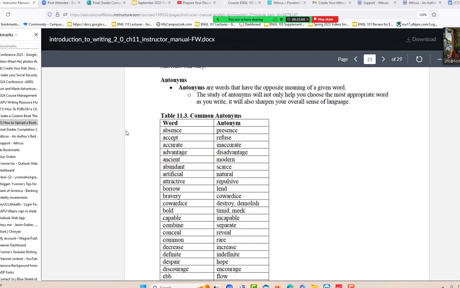antonyms: absence, presence, accept, refuse, accurate, inaccurate, advantage, disadvantage, ancient, modern, abundant, scarce, artificial, natural, attractive, repulsive, borrow, lend, bravery, cowardice, destroy, demolish, bold,